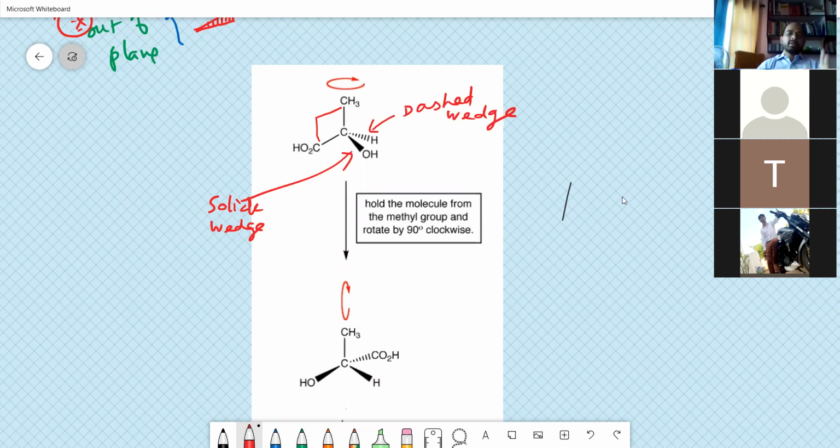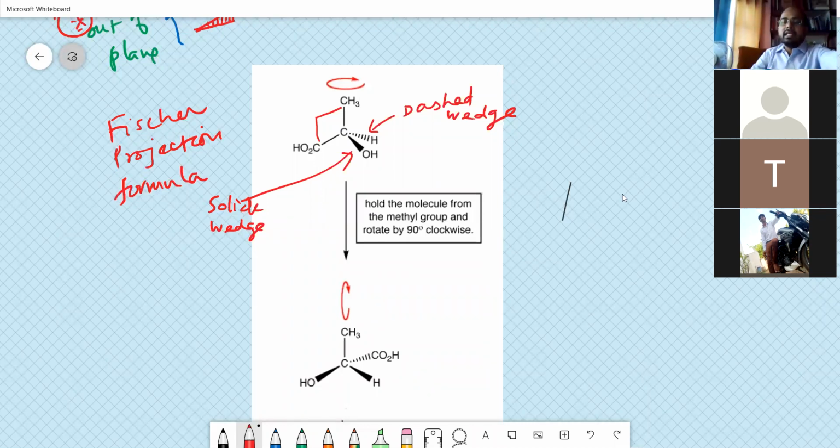Okay. So this pertains to the Fisher projection formula. In the examination, they may ask you what is meant by the Fisher projection formula. You have to write a molecule first and then describe the angles that are there. This requires a very good knowledge of the angles, and then you draw the wedge bonds and describe that one bond is away from you and the other bond is towards you, right?